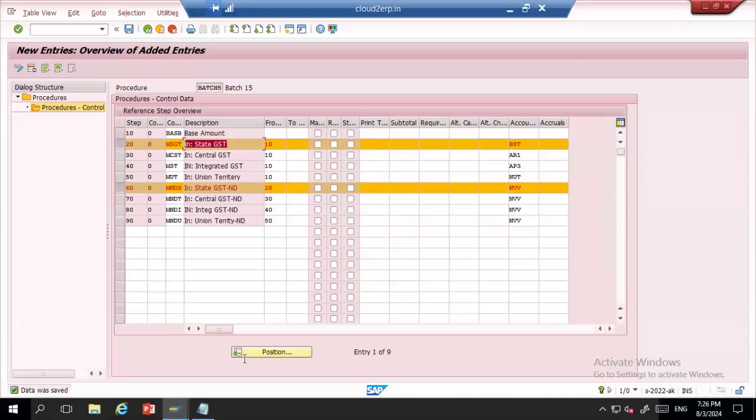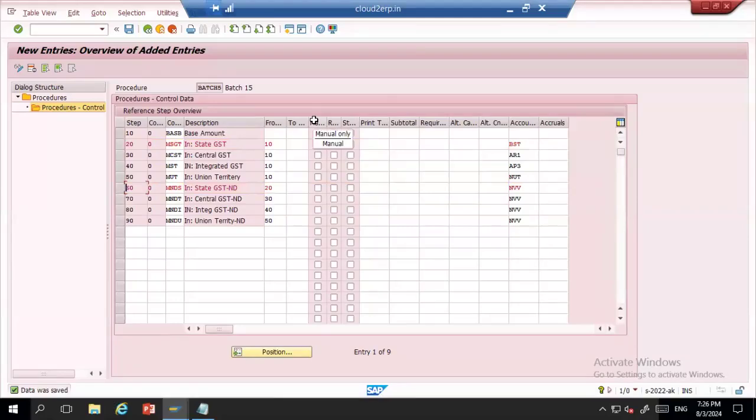Any more questions before I create the tax codes? Those columns in these boxes, what are those boxes? Which one? In the middle? This one. This is manual. If you want to enter this condition manually, then you can enable this. So this will not come into your pricing or your tax configuration. If you enable this as manual, you can maintain or enter this condition manually.